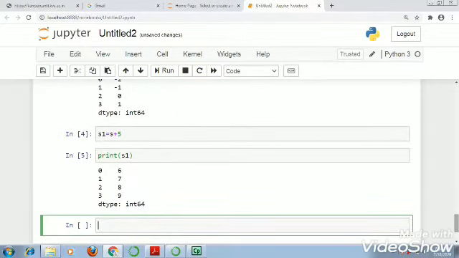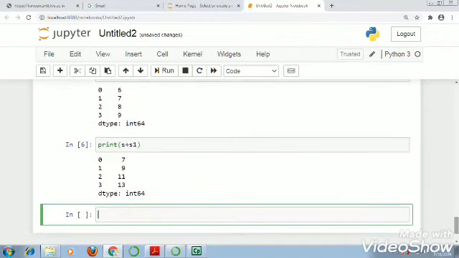So if I write print S plus S1, it will be 6 plus 1, that is 7. That means element at index 0 in both the series will be added. Then element at index 1 in both the series will be added. So you can see this is your S1, and S is 1, 2, 3, 4. So 6 plus 1 is 7, 7 plus 2 is 9, 8 plus 3 is 11, and 9 plus 4